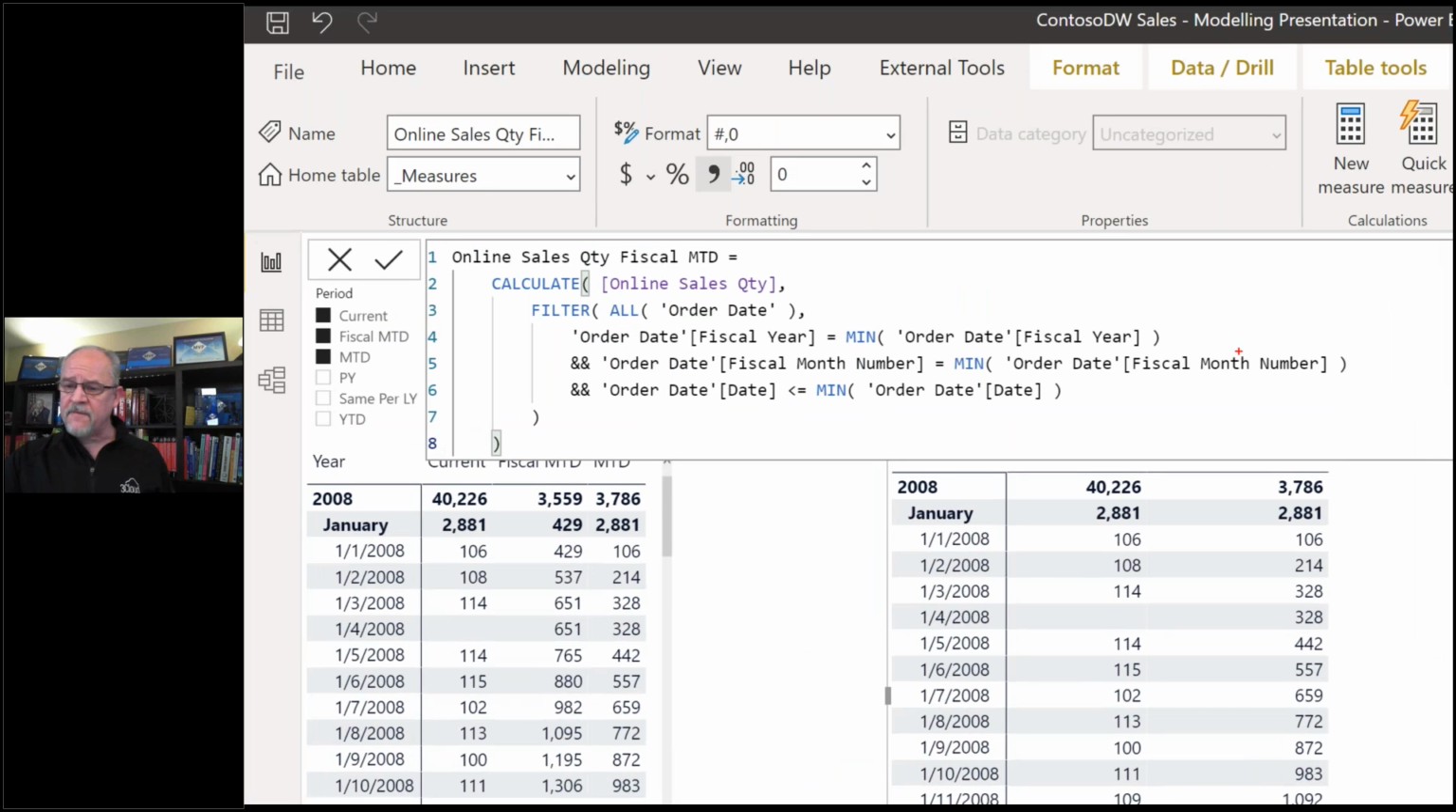We have to have a fiscal month number and a fiscal year within our date table. So you can see here in the order date table, I have a fiscal year and a fiscal month number. So here I'm working a little bit harder, but really this is what's going on internally inside my time series